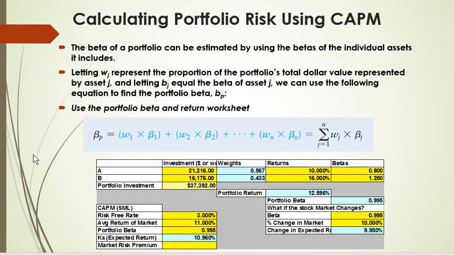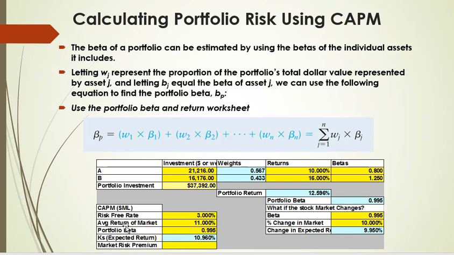So how can we calculate this? We have a worksheet called Portfolio, Beta, and Return. You input values, which come from individual assets. We know what their weights are. Here are the returns, 10% and 16%. And we expect the beta to be 0.8 and 1.25. The beta of a portfolio is the weighted average of the betas of the assets in the portfolio. So we just multiply 56% times 0.8 plus 43% times 1.25. So the beta of this portfolio is